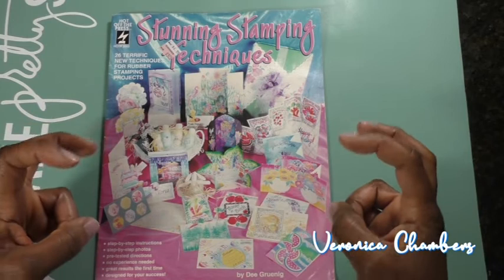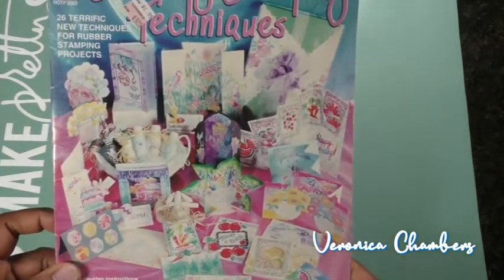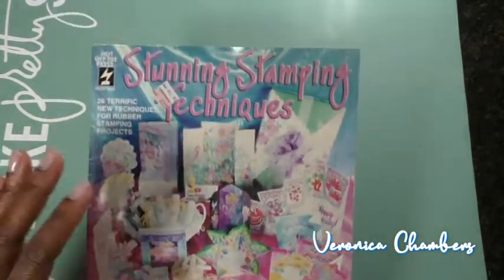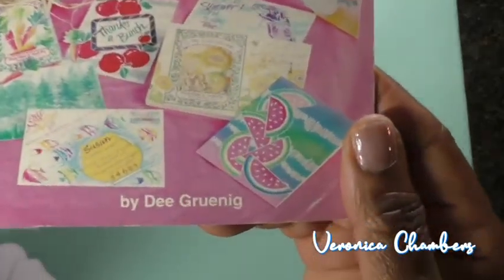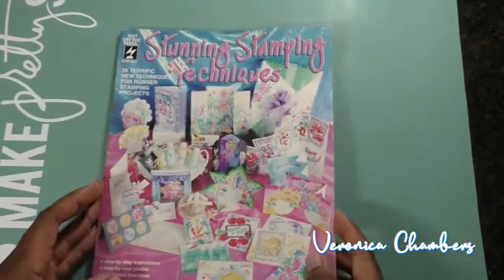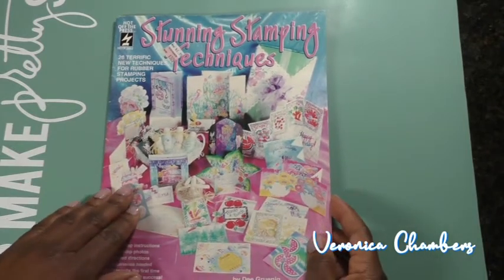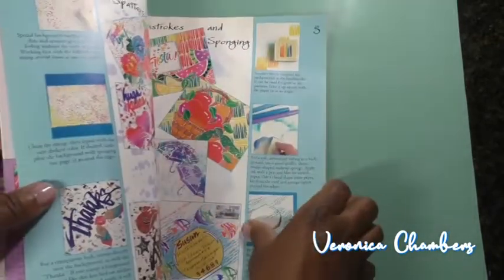During my downtime, when I haven't been teaching, I've been in my creative space trying to get it organized, get everything labeled in the proper place where it needs to be. In that process, I came across this book that I picked up from Michael's, I don't know how many years ago, but it's Stunning Stamping Techniques from Hot Off The Press, but the designer and author is none other than herself, Miss Dee Grunick. So I was like, oh yeah, I remember getting this, and I think I remember doing some of the techniques. So I'm just kind of flipping through the book, looking at some of the things Dee had created, and then I was like,